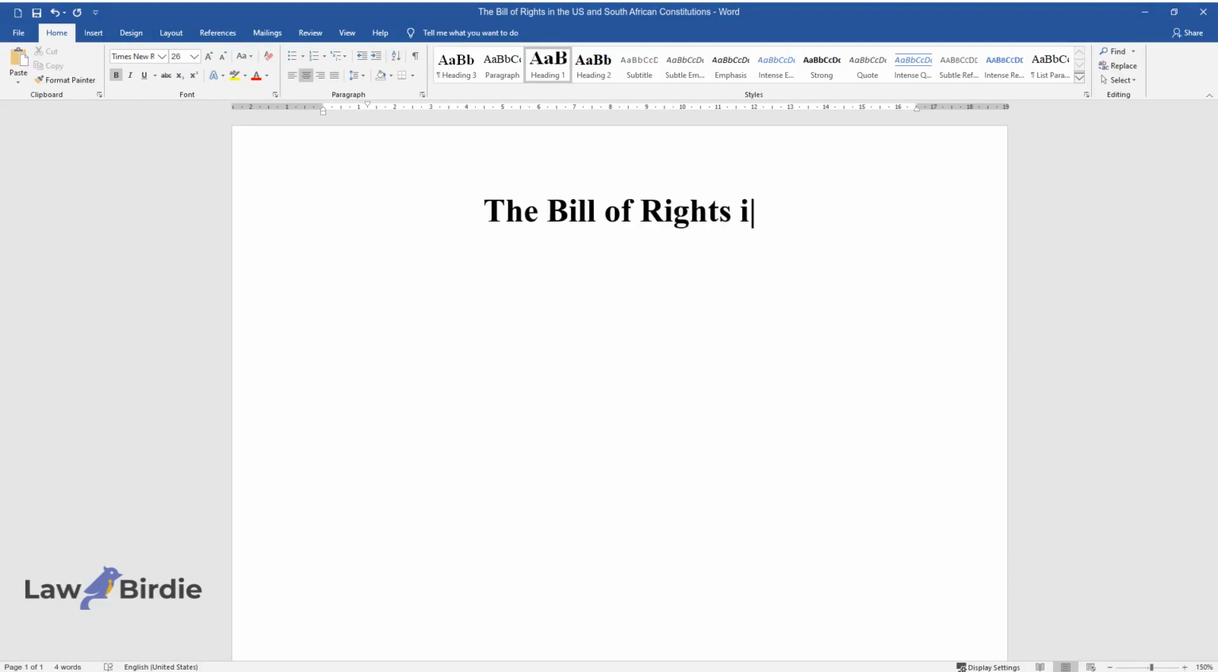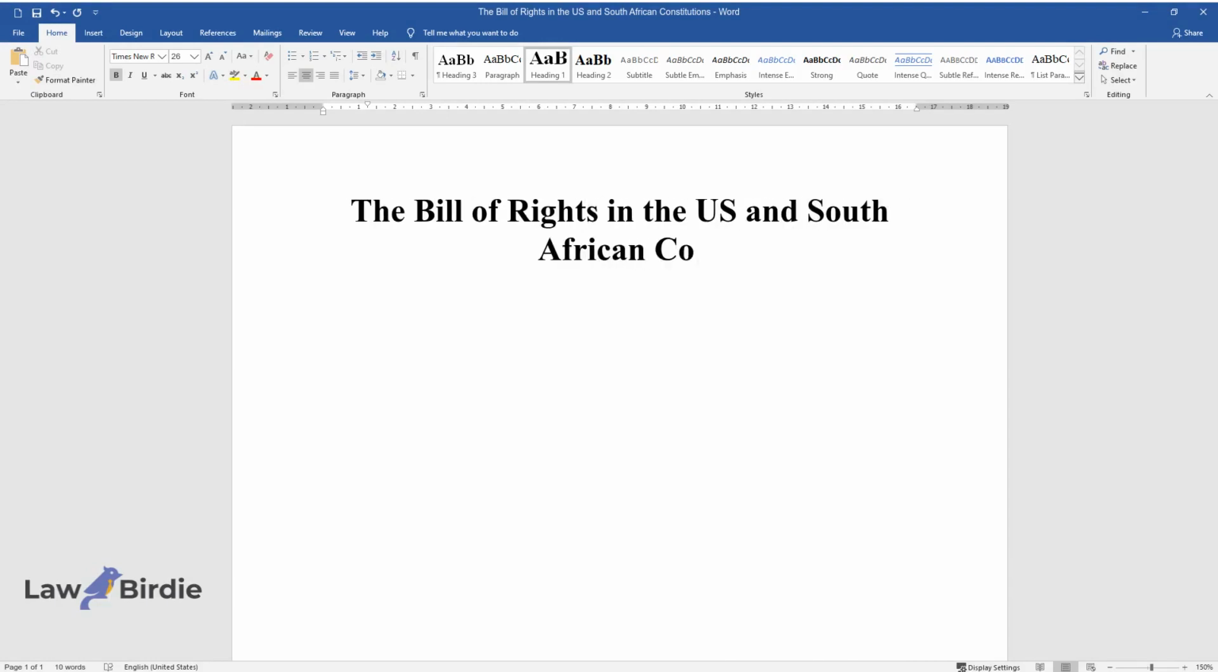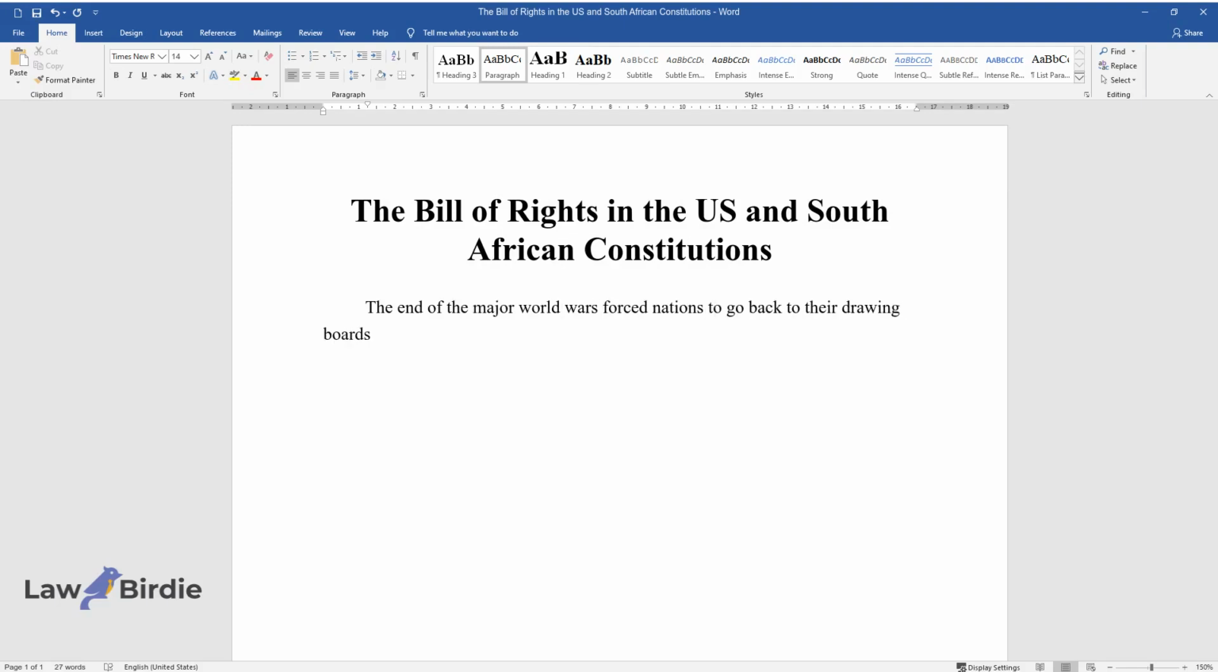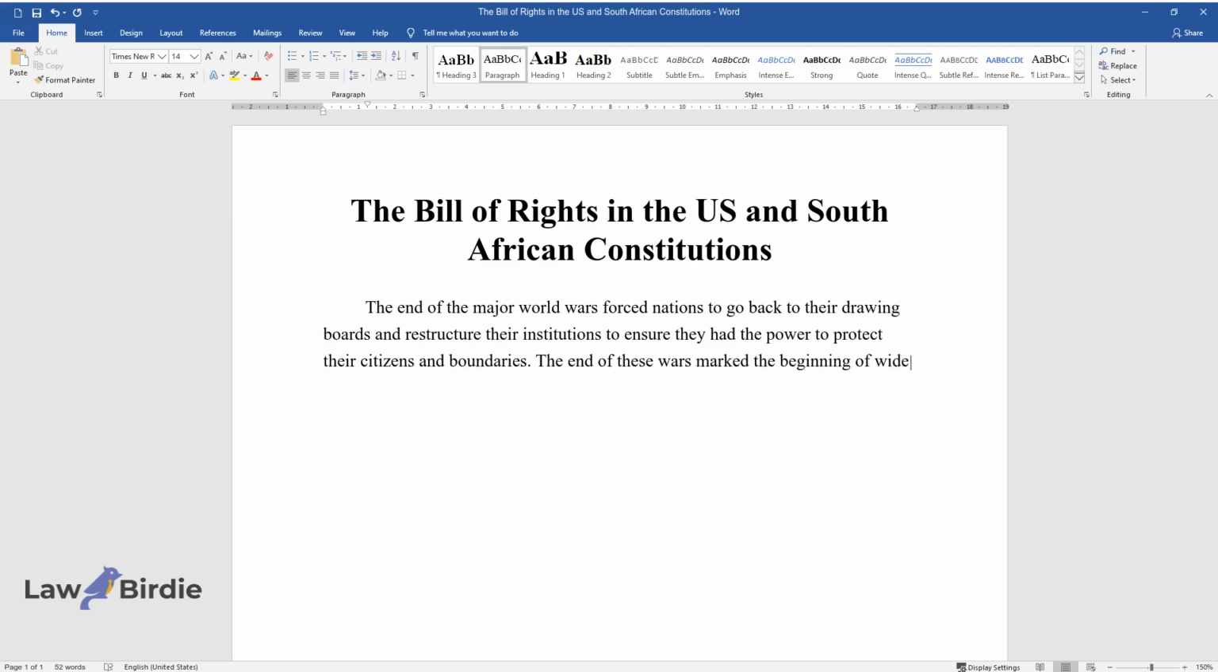The Bill of Rights in the United States and South African Constitutions. The end of the major world wars forced nations to go back to their drawing boards and restructure their institutions to ensure they had the power to protect their citizens and boundaries. The end of these wars marked the beginning of wider democratic spaces not only internationally but also within the boundaries